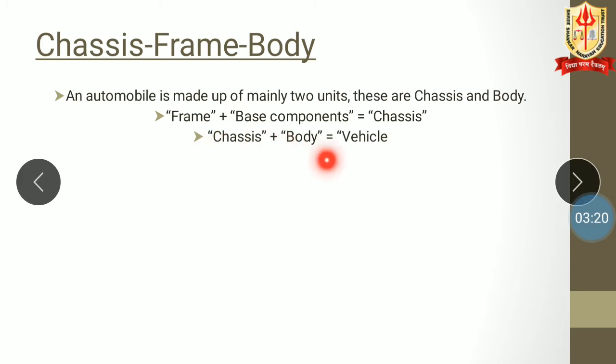So this is how they are connected with each other. When we combine frame and base component, it will form a chassis, and when we combine chassis and the body, it will form a vehicle. Okay.